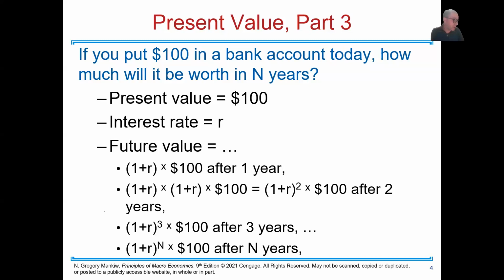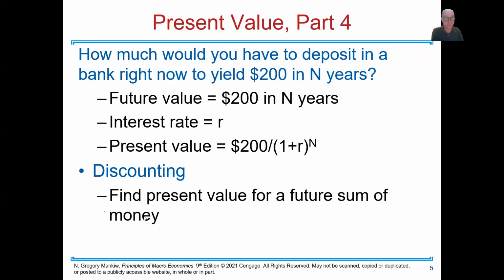Another way of doing this is, let's say you're saving up for a down payment on a house. You could use this type of calculation as well. So let's look at it in terms of future value. So let's say you want to generate $200. Let's say you want $200 in the future, and we'll say 2 years. How much would you need to put into your bank account today in order to get that $200 in 2 years? We call that the future value of money.